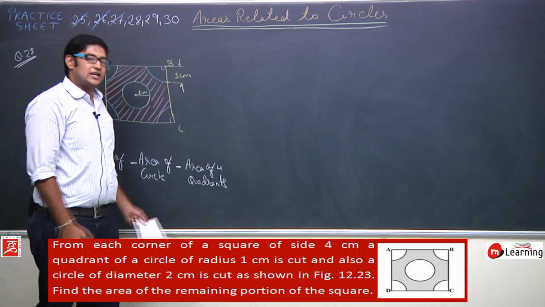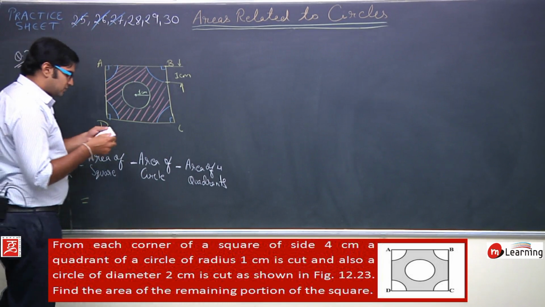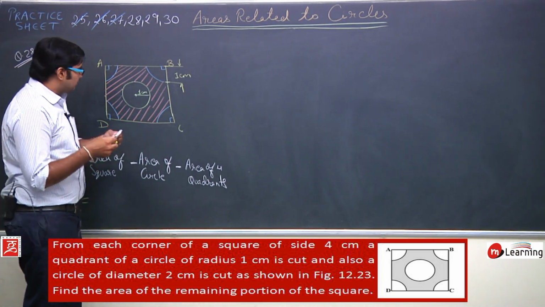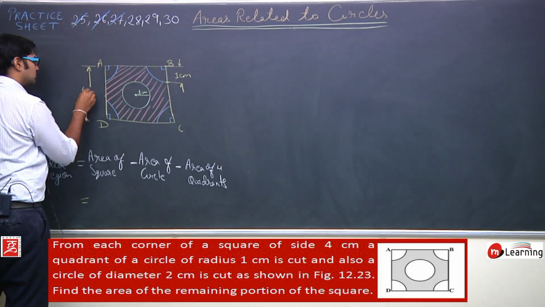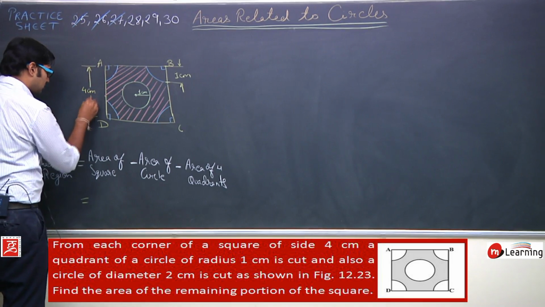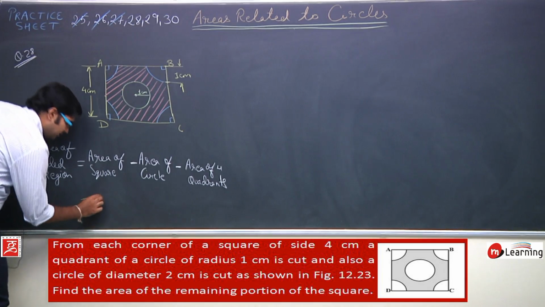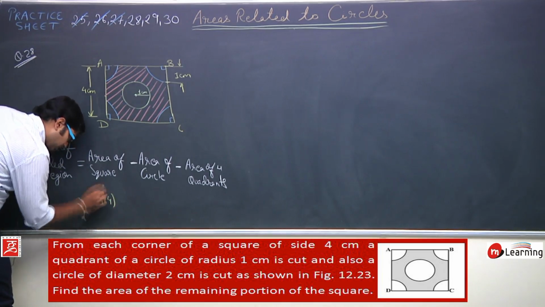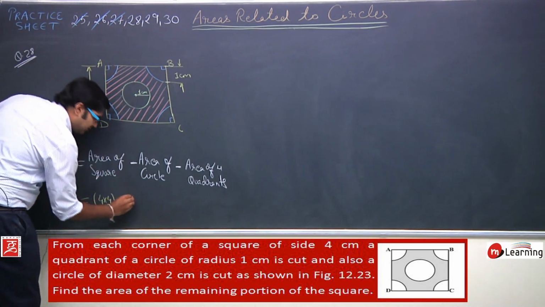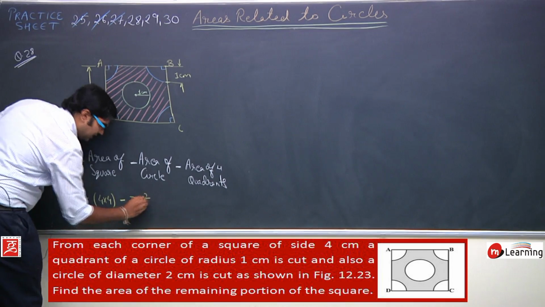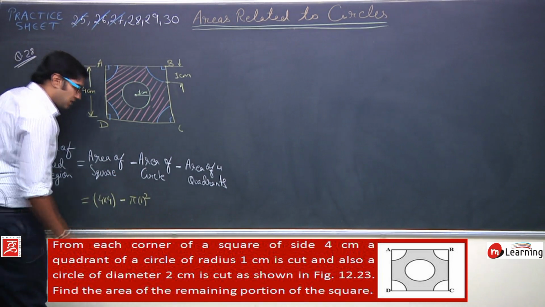Now what will be the area of shaded region? Area of square will be equal to, for that we need the side of the square. So the side of the square is given as 4 centimeters. This is the side of the square, it is 4 centimeters. So area of square will be 4 into 4, that is 4 square, minus area of circle. Area of this inner circle will be pi into 1 square, okay, pi into r square, that is pi r square. This is the area of circle, minus